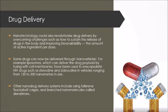Drug delivery. Nanotechnology could also revolutionize drug delivery by overcoming challenges such as how to sustain the release of drugs in the body and improving bioavailability, the amount of active ingredient per dose. Some drugs can now be delivered through nanovehicles, for example liposomes, which can deliver the drug payload by fusing with cell membranes, have been used to